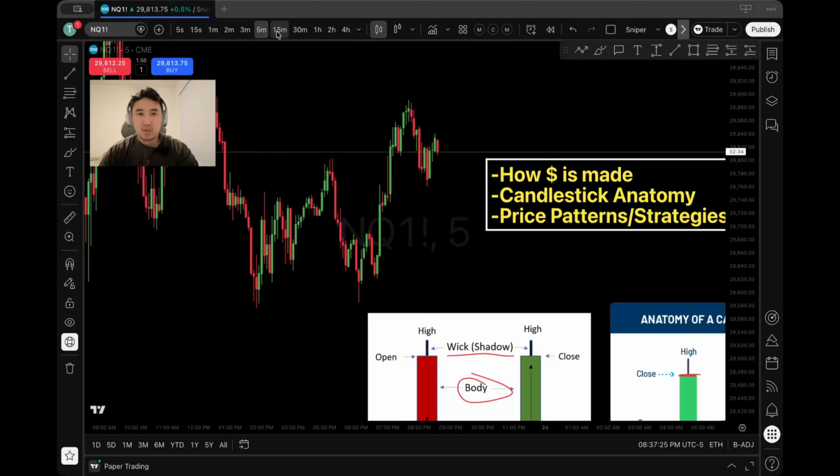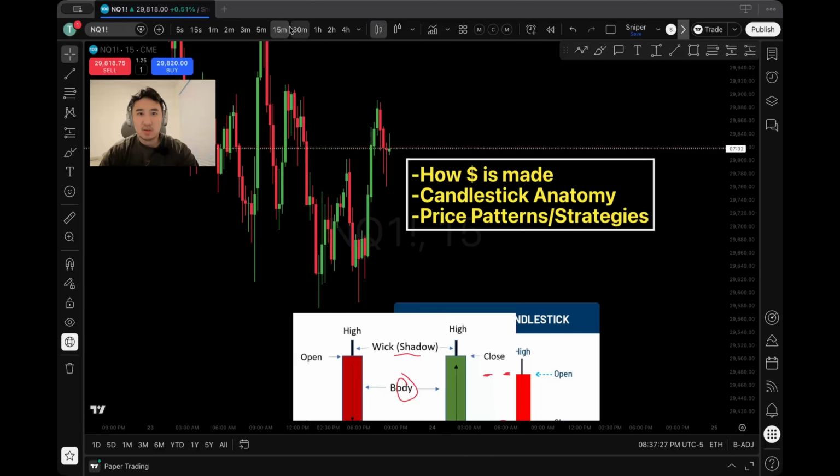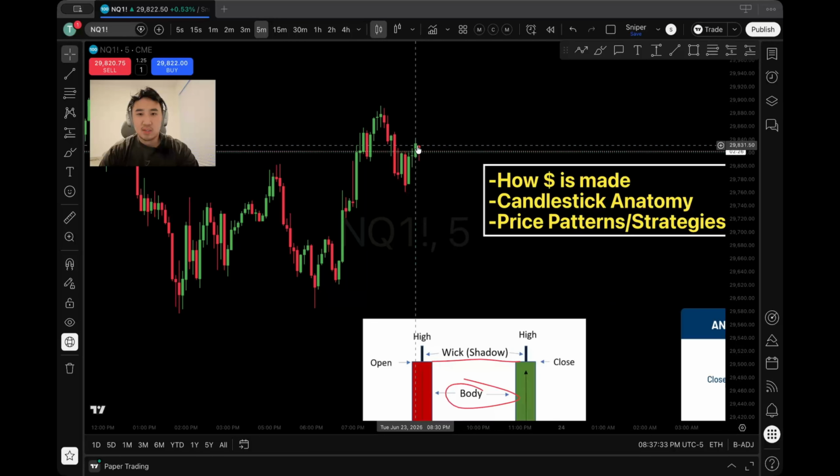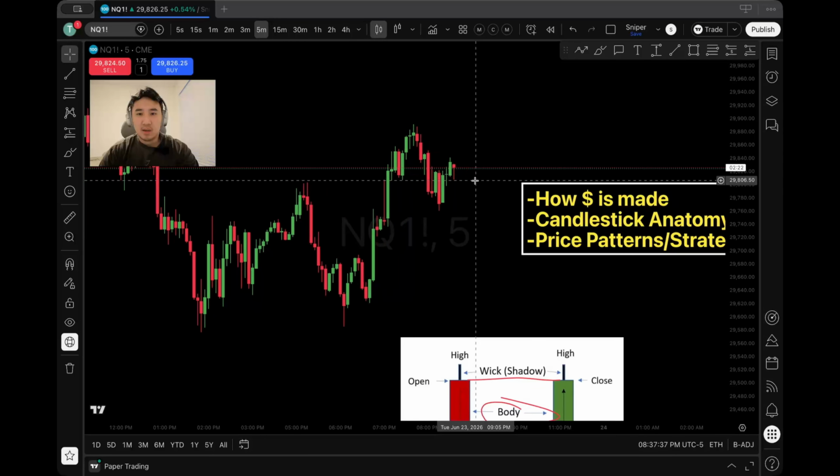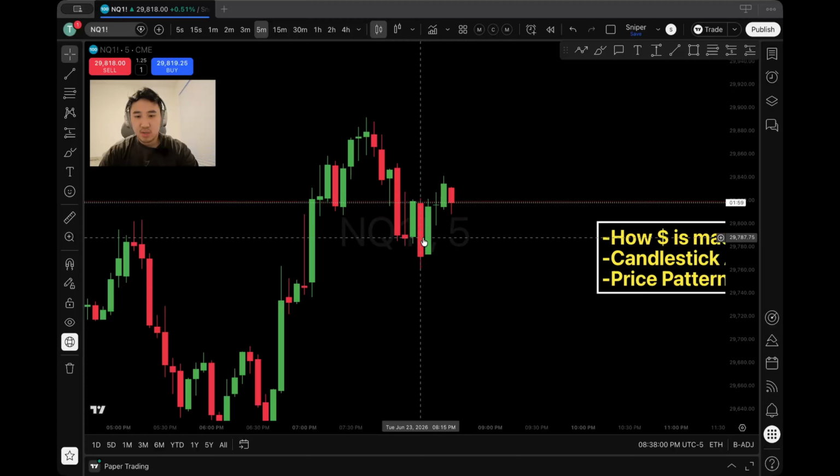If you take a look, here's a candlestick chart. You could go on any time frame. Here's the 5-minute time frame. You go to the 15-minute, 30-minute, 1 hour. Essentially each candlestick will indicate how much price has moved and in what manner within that 5 minutes, if you're looking at the 5-minute time frame. So each candle here, this green one here, resembles price that's moved this much in 5 minutes and so forth. Let's just say for this red candle here, it's 8:15. So within 8:15,